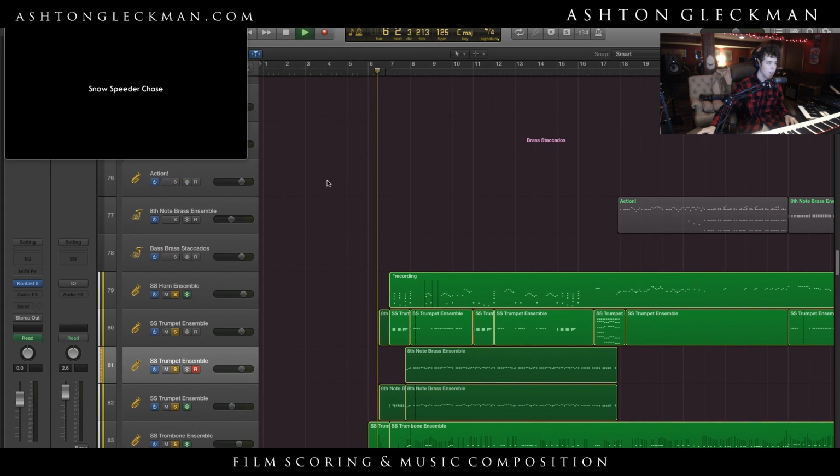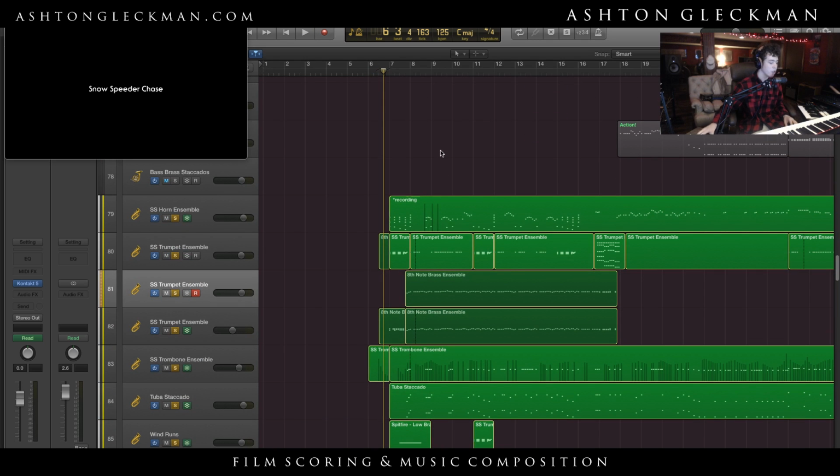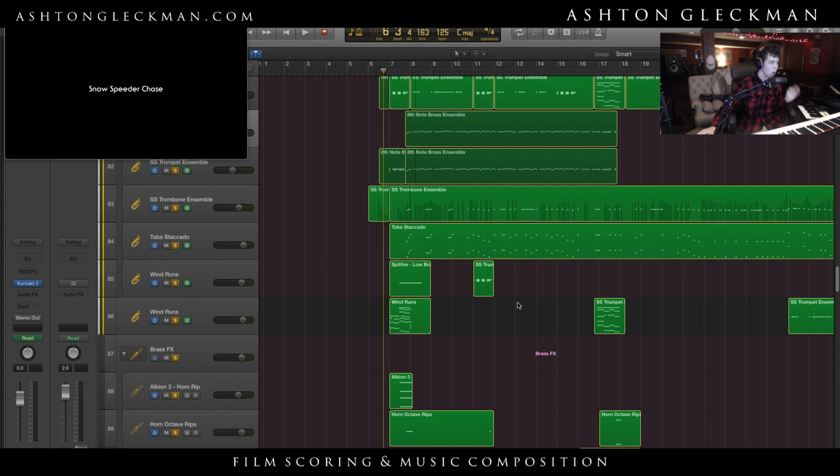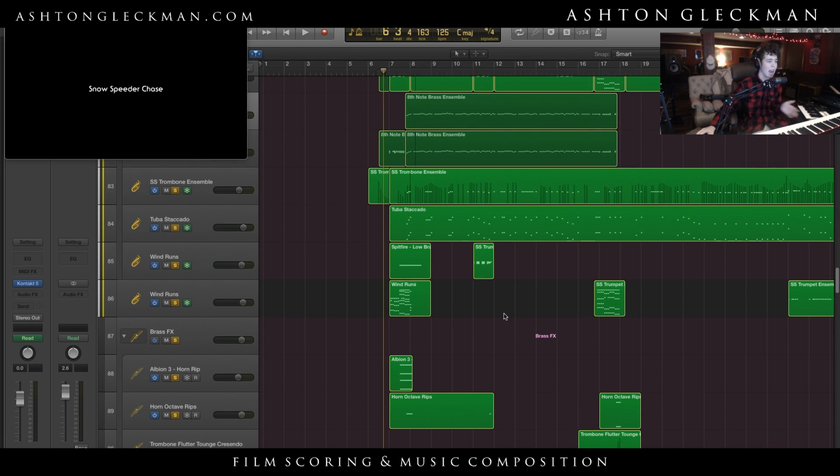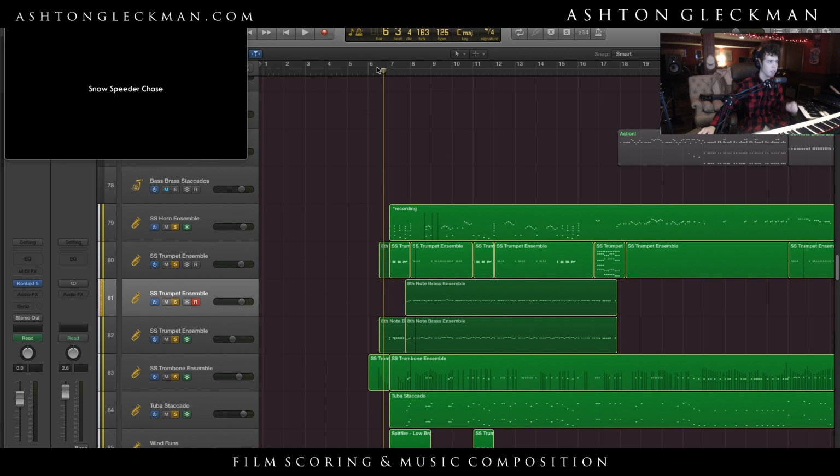So pretty much what we have going on here is the main chord progression going very, very quick with these very quick triplets in the trumpets, and then we have the main chords being outlined in the trombones and in the French horns. And then in the tuba, we just have the chord roots. So if we have F minor, we have the F, and we just have that outlining it, and so it really punctures you. So listen to this. As you guys could hear there,